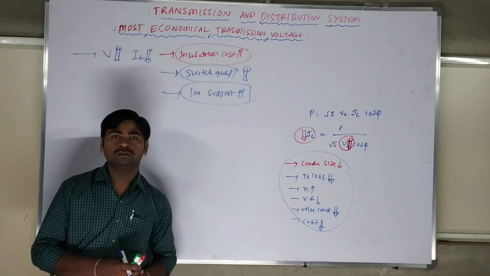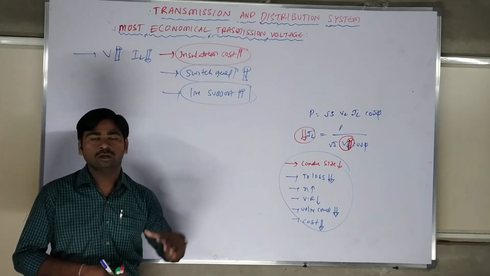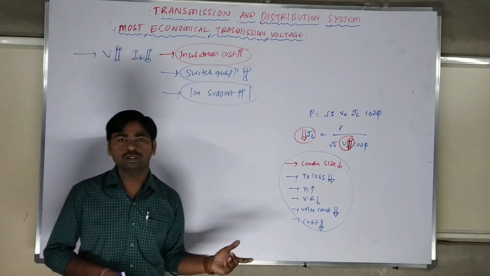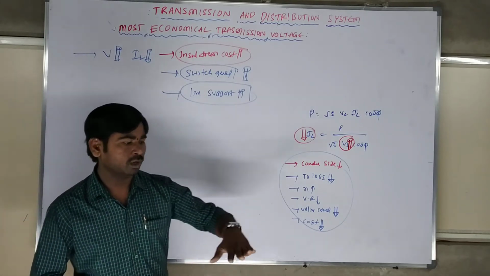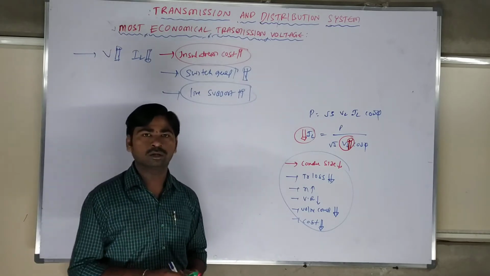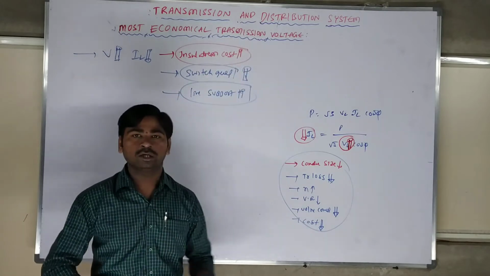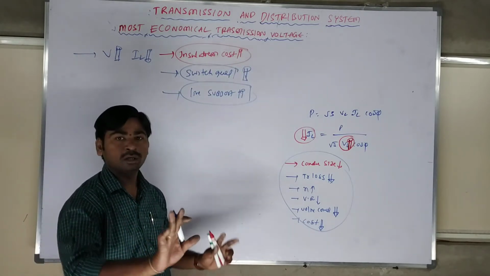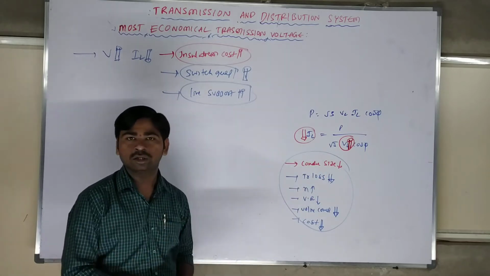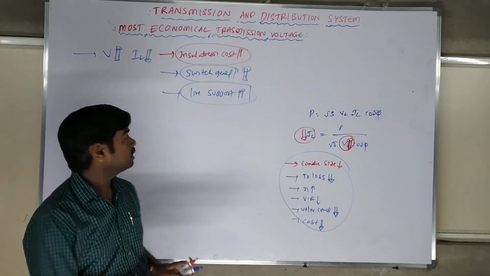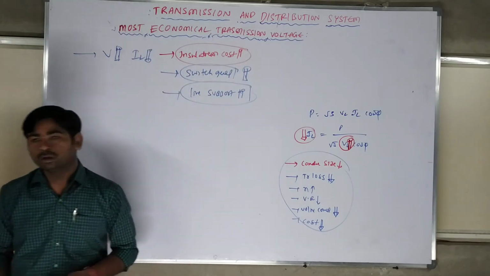So for that reason, the scientists discussed that you have to increase the voltage only up to the mark, not go forward. According to the cost criteria, we have to use voltage up to the mark. That is nothing but economical transmission voltage. Economically we have to see, and the losses should be considerable. We need to transmit at the most economical transmission voltage.